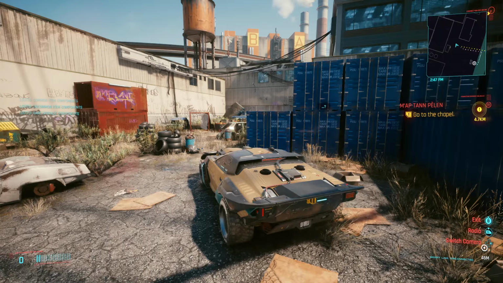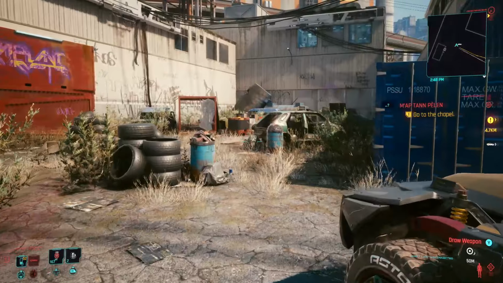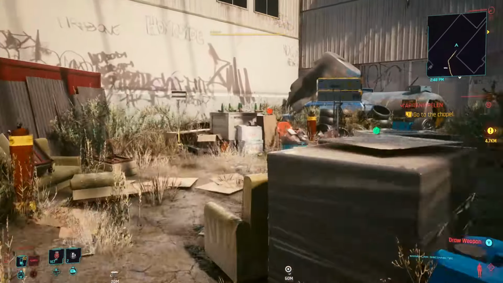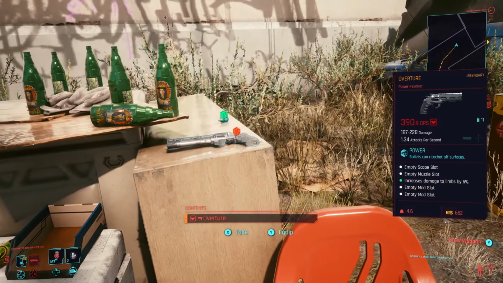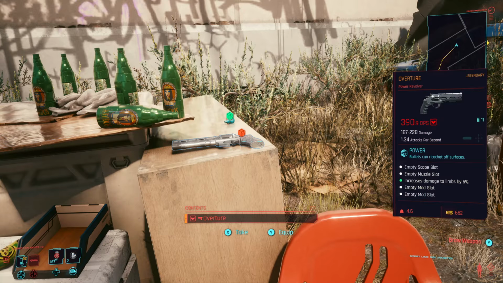As I mentioned, there will be some people in this particular area. You can murder them if you so desire, or just run right by them. Oh, I got that nice glitch where you can't sprint when you get out of your car. But the legendary is actually right back here next to this chair. This is the Overture. This is a power revolver. Bullets can ricochet off surfaces, and it has a ton of empty slots to modify it and